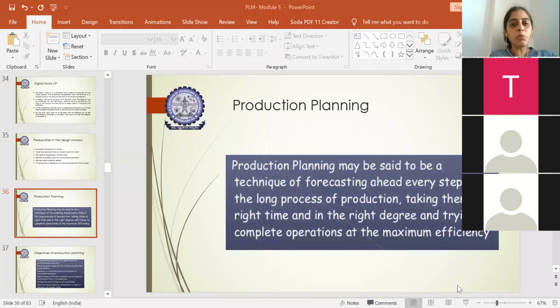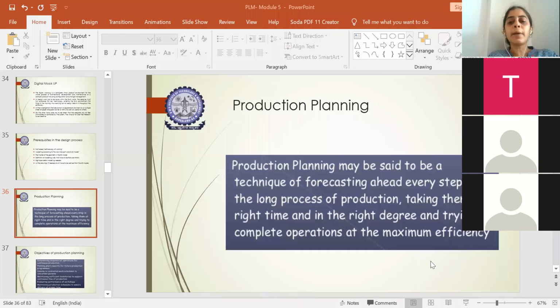Okay. So now the next part, what we have in our last module for product building and structures, is production planning. We have studied what we mean by planning in our design process when we studied product lifecycle management. The same concept of planning is now interrelated with respect to the production part. Whether it is in design or in production, you should have a systematic planning strategy or else it won't work properly, right? So now you have to know what you mean by production planning.